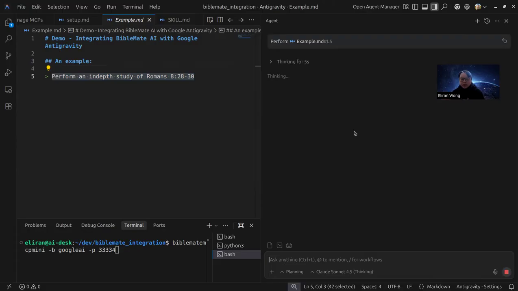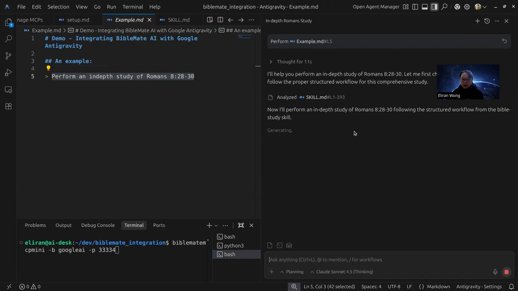After the agent in Antigravity received my request, it analyzed my request with the instructions that I pre-configured inside it, and it will generate a study plan before it goes ahead with the study. That's very important because it not only gives me a single answer to a single question, but it does think about my request. What's the best way? What kind of resources does it need to draw together in order to give me a comprehensive